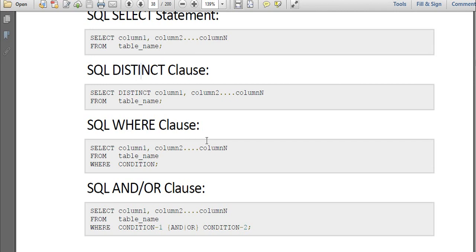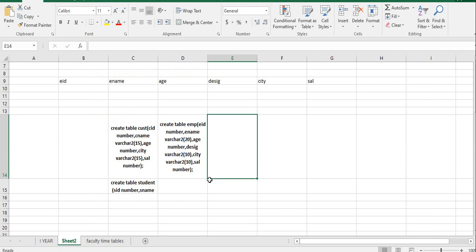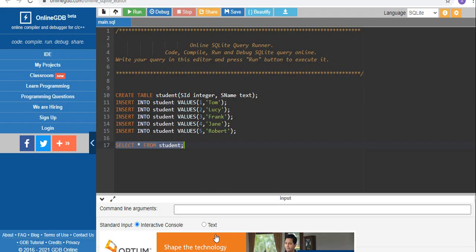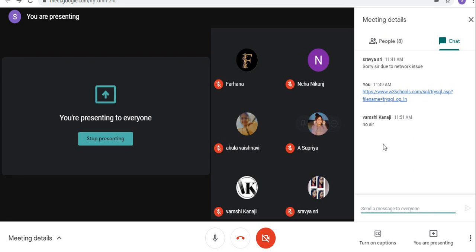First we have to see the update command. Today we have completed select, create and insert commands, right? Any doubts till now? No, sir. Is it clear, everyone? Okay.